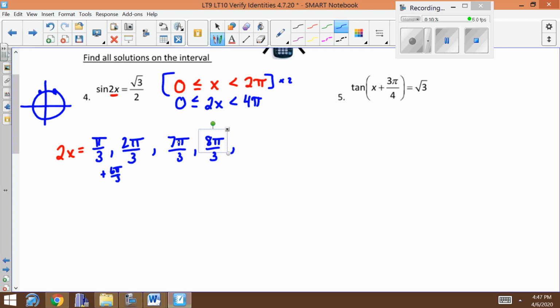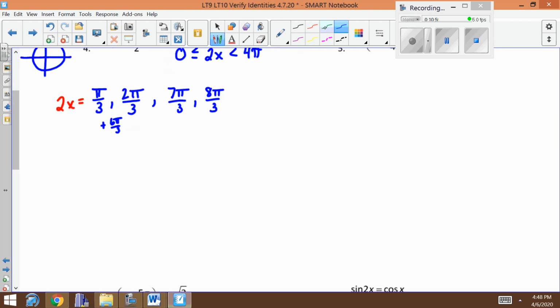7 pi over 3 plus 6 pi over 3 would give you 13 pi over 3. But again, 13 thirds is the same thing as 4 and 1/3, right? That is bigger than 4 pi, so we're not going to use that one in there. So I'm going to cross that one off, erase it even. These are the four ones that we're going to be looking at, and we're going to divide everything by 2,